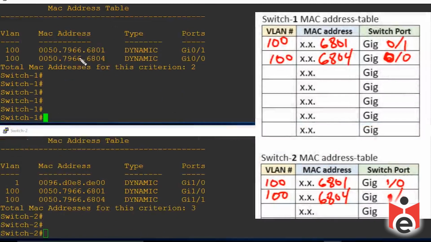And that indeed does match our prediction here on switch 1. So we have the MAC addresses of PC1 and PC4 respectively, both in VLAN 100, reachable via ports gig 0/1 and the trunk of gig 0/0. And then on switch 2, we've got the two VLAN 100 entries, one for PC1, one for PC4, reachable off of the trunk on switch 2, and on switch 2 the local port of gig 1/1 to reach the MAC